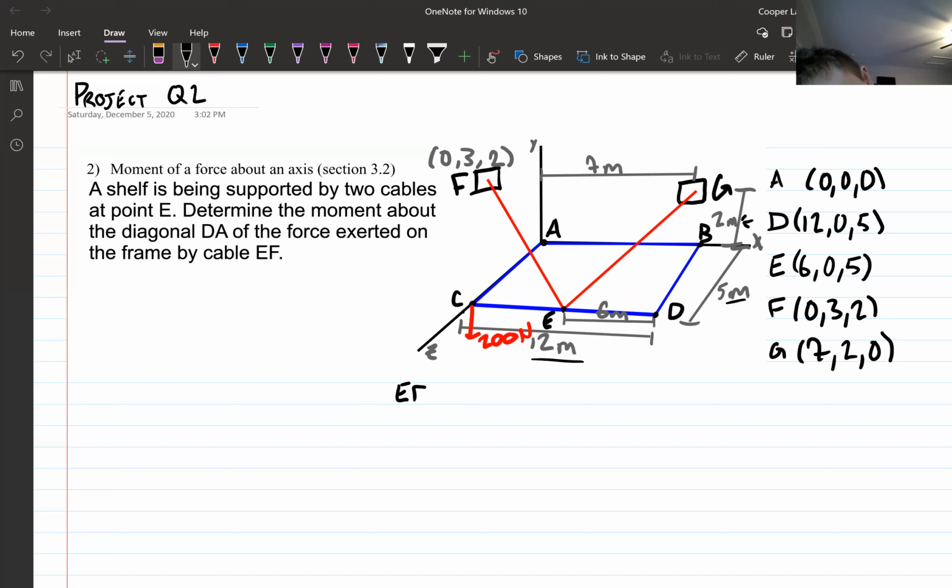EF equals, keep in mind this would be F sub X. So that would be 2 minus E sub X, which would be 6,